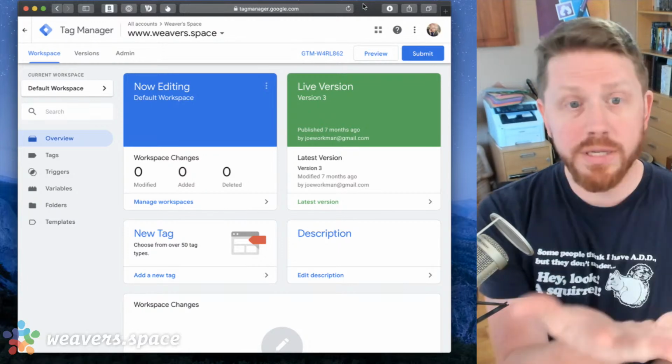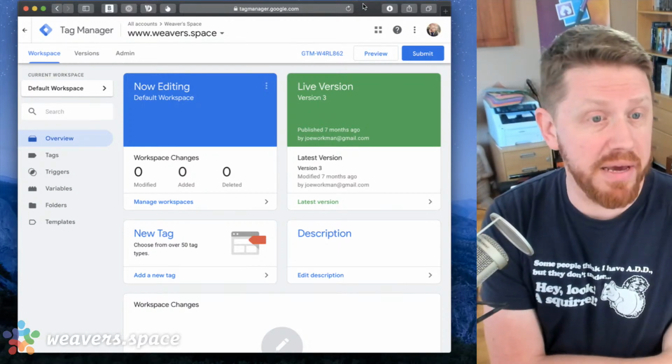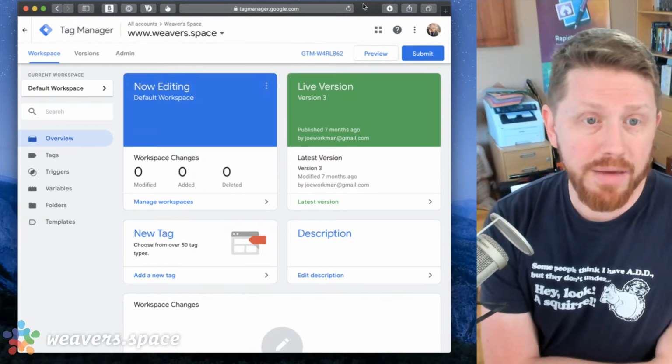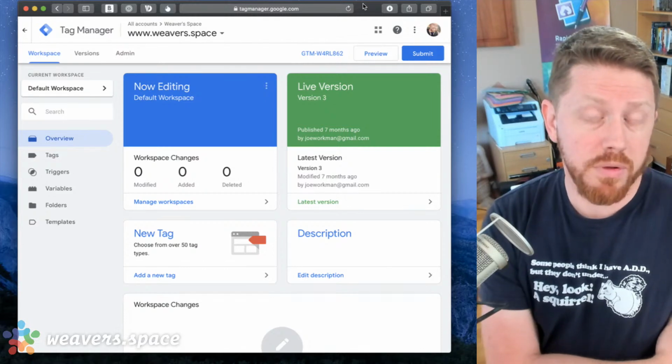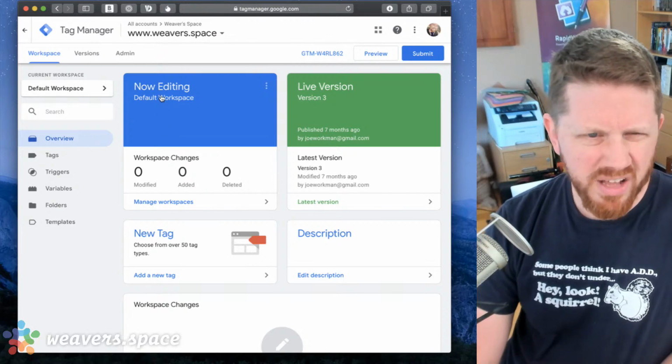So this is my Google Tag Manager. We'll just go in and you'll get a peek behind the scenes. There's nothing really fancy here, but this is my Google Tag Manager setup for Weaverspace. Okay. So what's kind of cool is you'll notice over here, it'll kind of tell you what I'm